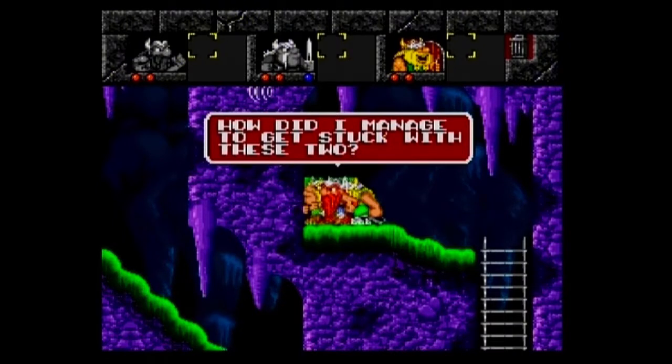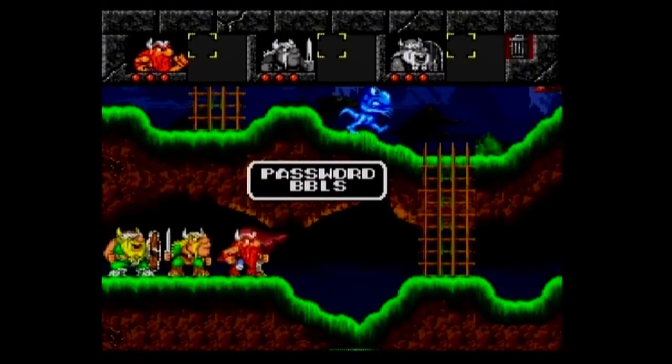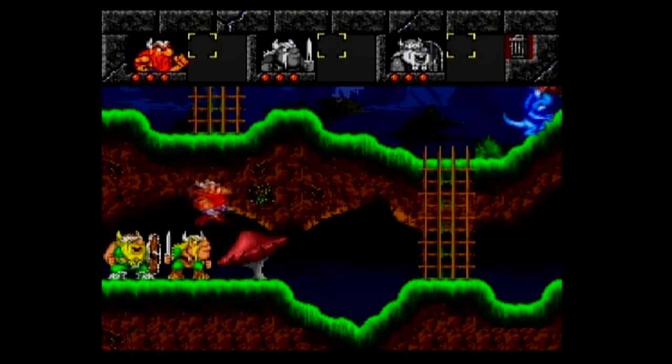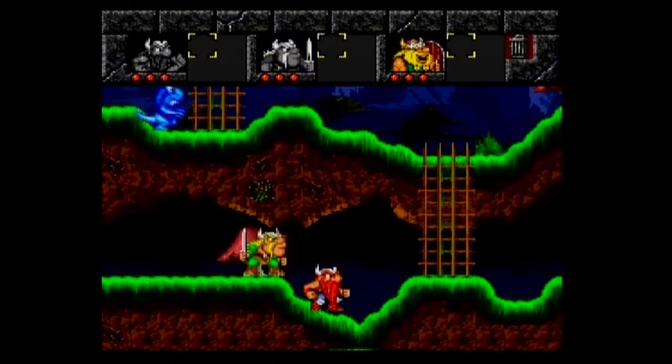How did I manage to get stuck with these two? Yeah man, poor Eric. Poor Eric. Having to stick around with these two dumbasses. Nah, I'm just kidding. You guys aren't dumbasses, you are badass. Both you, Beliok, and you,